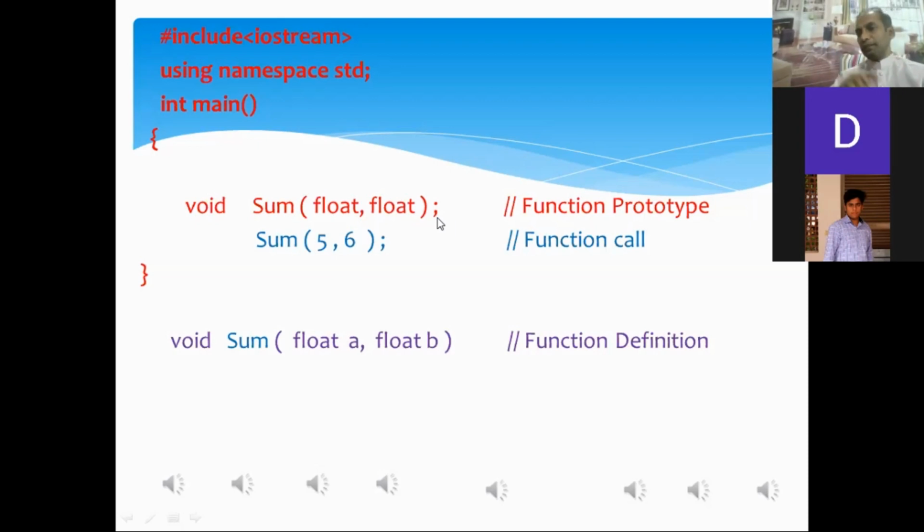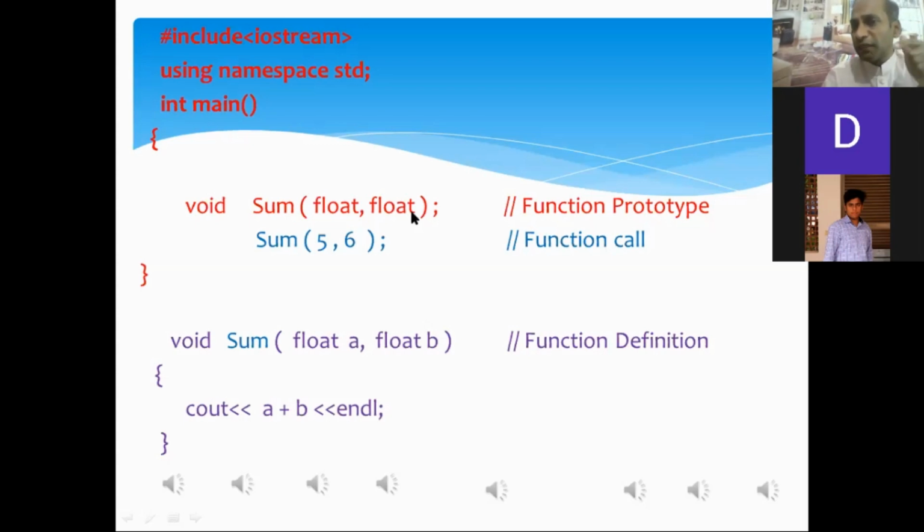My dear, one special thing. You have compiled this program. The control of execution will be shifted to the main function. Within the main function, the control of execution will be shifted to the header of the function. When the header, the function prototype or the function declaration statement is executed, what will be done?